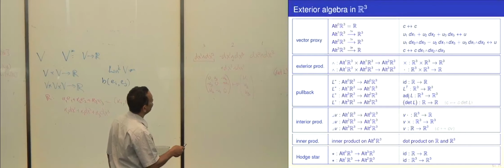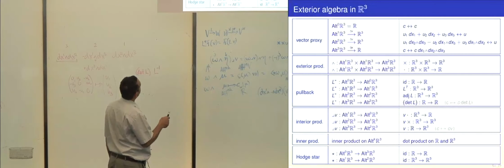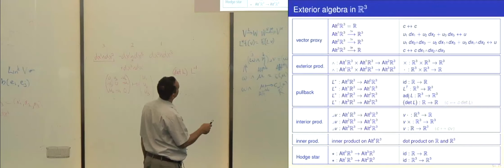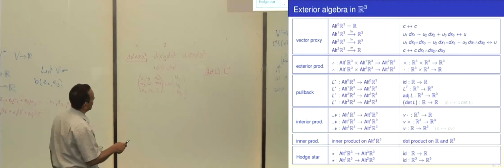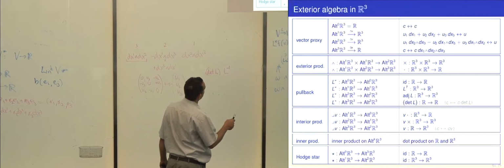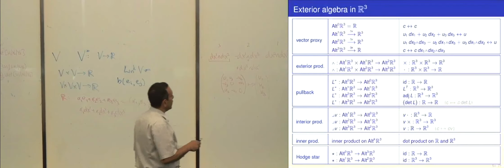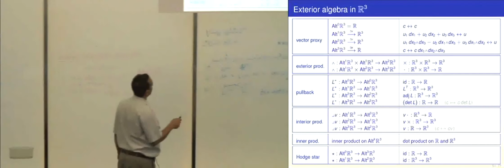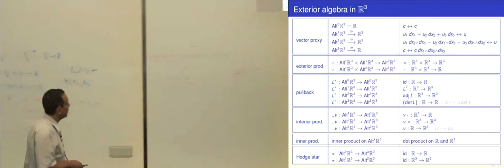What's the interior product, contraction with a vector field? Well, if you think of a 1 form as a vector, then we need something that takes a vector and gives you a scalar. Of course, it's the dot product with the vector. If you think of a 2 form as a vector, you need something that takes a vector and gives you a vector. It's a cross product with the vector. And if you have a 3 form, we need something that takes a scalar and a vector and gives you a vector. It's the scalar product. What's the inner product on all forms on R3? If you think of them as vectors, it's the dot product on those vectors. When it's scalar, it's just the regular product on the scalars.